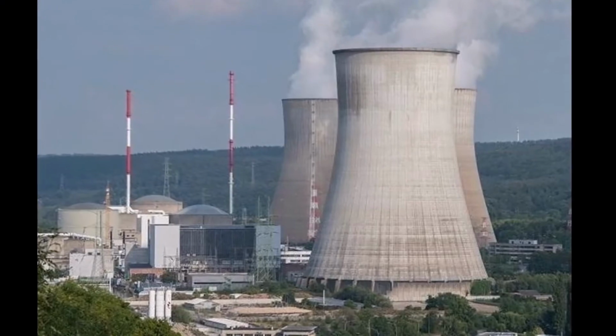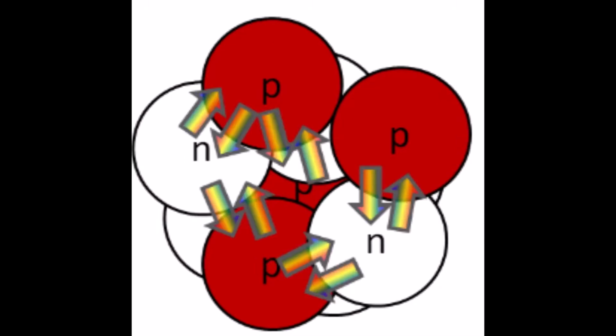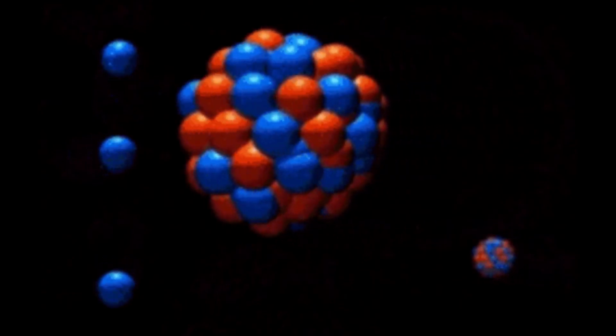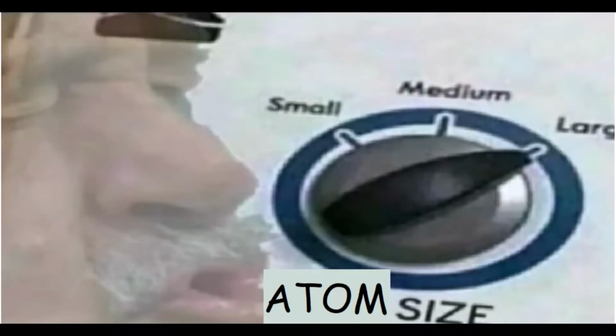Deep inside the reactor, there are billions of tiny atoms. Within the atom is the nucleus, which is bound together by a very strong force, which has a creative name called the strong force. When bombarded with a neutron, it can be split apart, a process called fission. Uranium is a good element for fission because its atoms are so large and the force that binds the nucleus